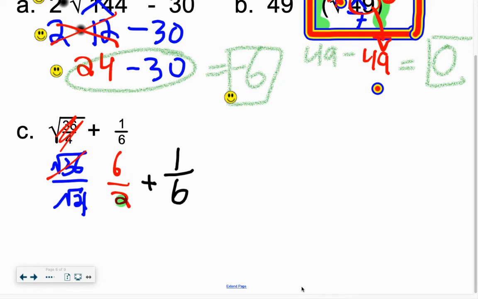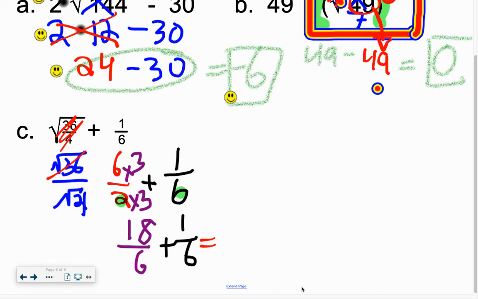Please remember, in order to add you need common denominators, so I'm going to quickly change that into a common denominator of 6 by taking the bottom times 3. You don't need to show me this work, but I'm going to do it for notes purposes so you can see where on earth the 18/6 came from by making that common denominator. From there, add the 1/6 together to get your final answer of